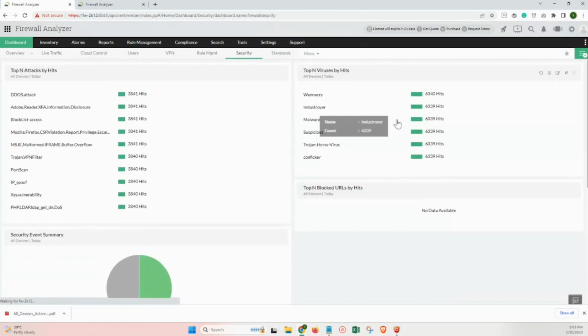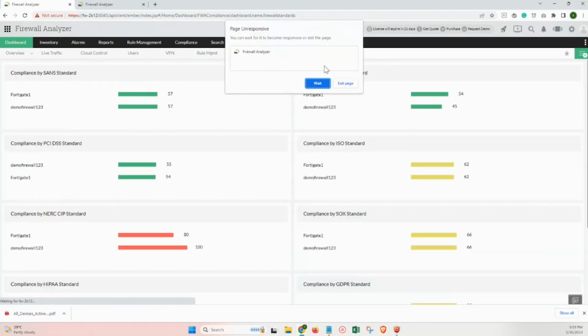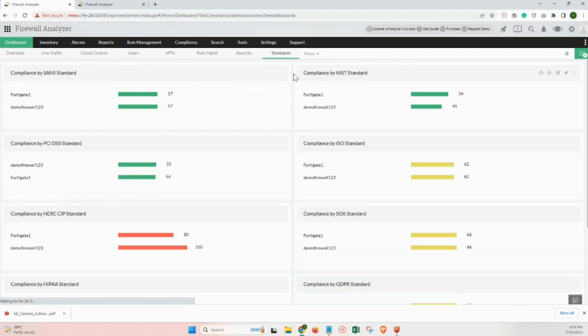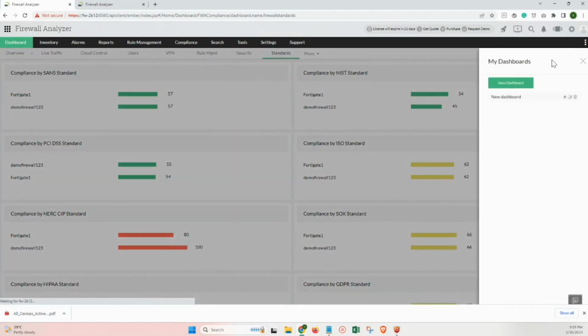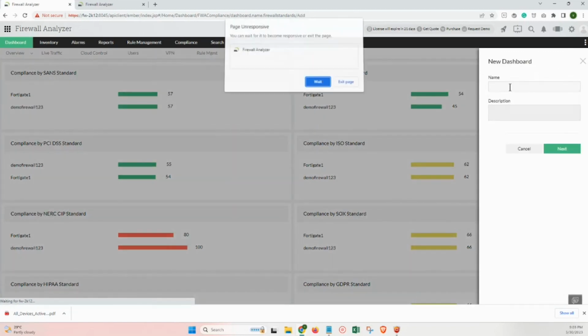Okay, so here you have the security aspect of the dashboard reports, and also we have a couple more. We have standards, and we have custom reports as well, custom dashboard as well. So in case you are not satisfied with the default dashboard that we have to offer, and you're looking to create your own dashboard, that is also possible. To do that, simply click on the new dashboard option, hit new dashboard, and let's call this